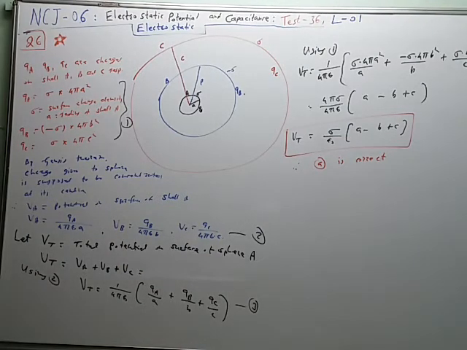See, this B sphere has negative charge, so its potential will be negative. So this middle term will be only negative and the first and last terms will be positive. So the first term is positive, the last term is positive and the middle term is negative. So this sequence plus minus plus is given only in